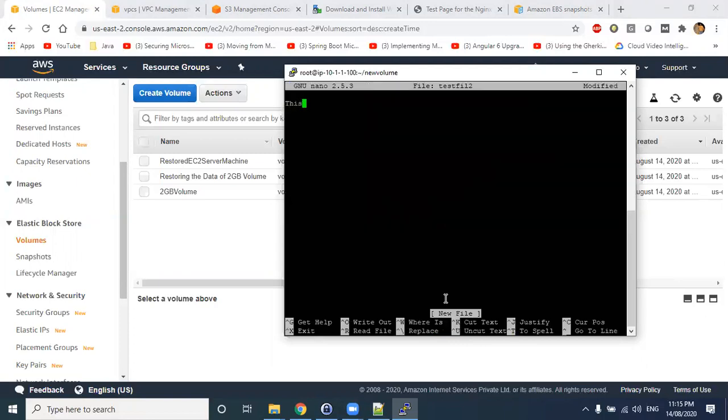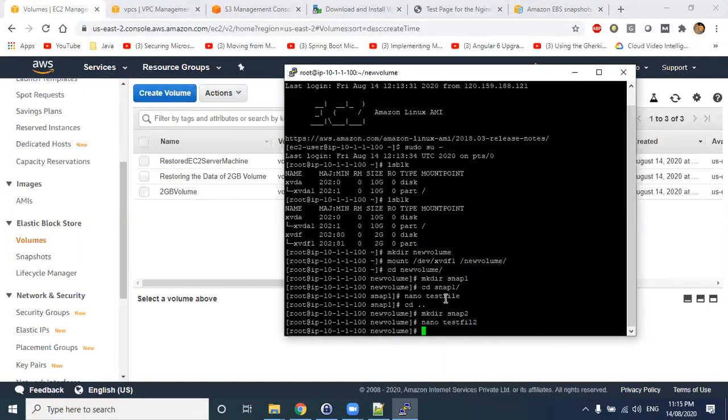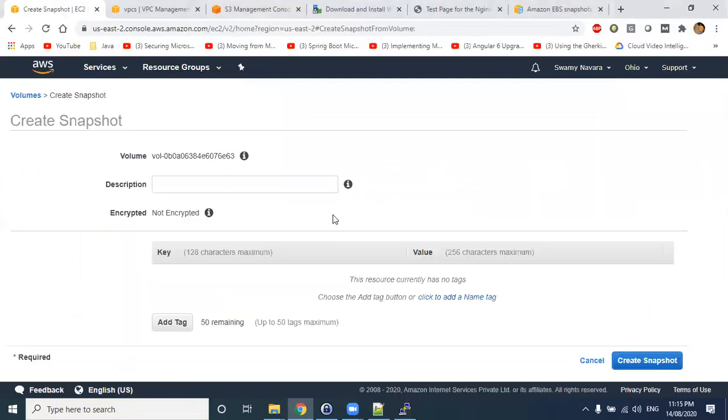So this is a file which is created before taking snap 2. Okay, now let us take one more snapshot here, snap 2 of 2 GB.